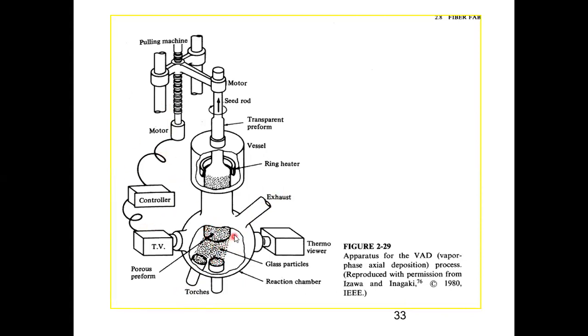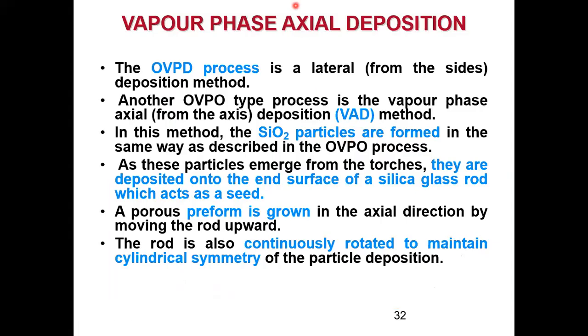So this deposition takes place in the lateral way, and then I pull it up. So this seed rod is rotating, so that I get uniform deposition throughout this rod kind of structure, and then I pull it up upward. Now, when sufficient length of the preform is done, then I stop the flow of these oxyhydrogen torches so that the soot formation stops, and then I can remove the preform and bring it to the drawing tower.